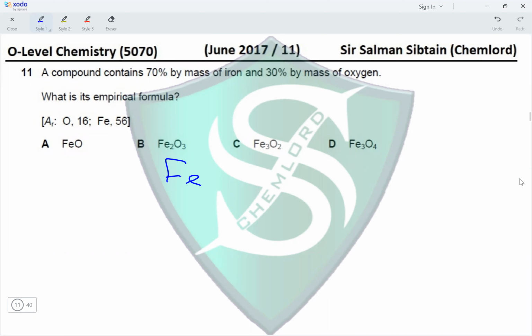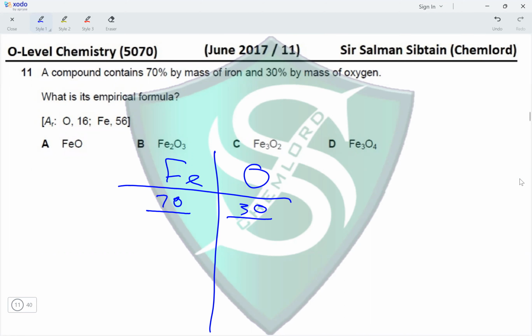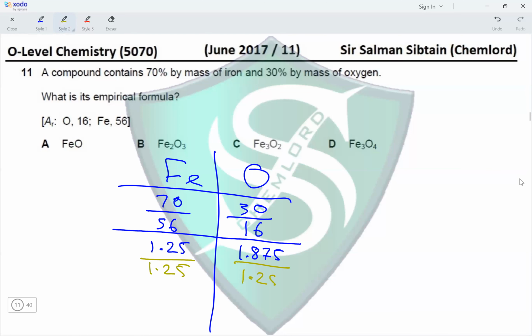So we've got iron, we've got oxygen. The first thing we will do is divide the percentage by mass by the AR of the element. So 70 upon 56 and 30 upon 16. This gives us a value of 1.25 in the case of iron and 1.875 in case of oxygen. So now we divide these numbers by the lowest value, which is 1.25, which gives us a value of 1 for iron and a value of